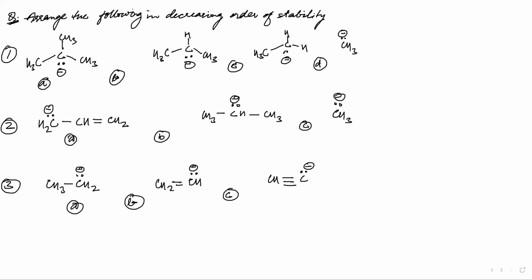If you don't see a pi bond, then it will be having inductive effects or hyperconjugation. But you don't have to worry about hyperconjugation here because this is a carbanion, and hyperconjugation mostly stabilizes the carbocation, not the carbanions. See the inductive effects if there are sigma bonds, and if there is a pi bond, look out for resonance.